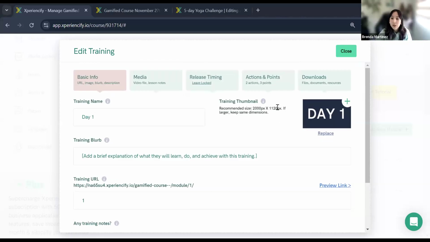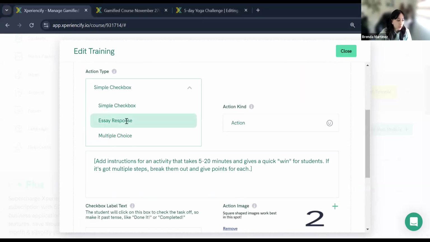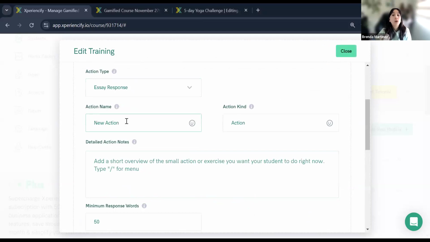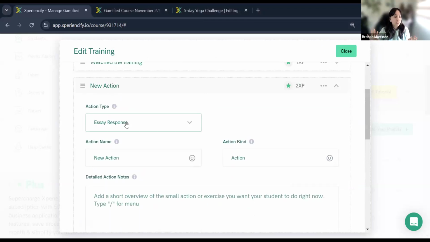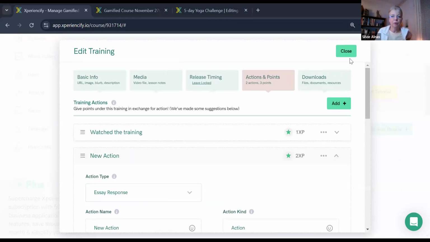I'm confused because I don't know if you're talking about the actions. Actions are, you know, maybe you can change this to be an essay response and your students are going to write something for you. Okay, wonderful. Thank you. And these are totally optional, right? You can create those or not for every training. I got totally confused because if you could just open the single training template. Oh, the single training, yes.